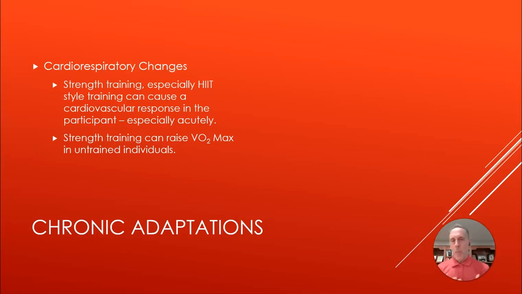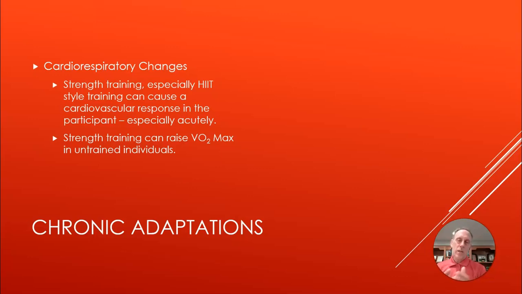Cardiorespiratory changes. Now, strength training per se, like our throwers that we were talking about before, that would not be cardiovascular oriented activity. The folks who are the runners, that would be definitely cardiovascular activity. Strength training though, you have an increase in respiration, you have an increase of oxygen demand, you have an increase in the need to blow off CO2. But when you get into something like a HIIT, like a high intensity interval training protocol, where you're still using weights, but you're working at a very high level and a very high intensity, it can cause a cardiovascular-like response in the participant, but it's not going to be true cardio, right?